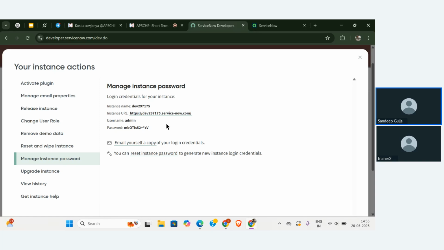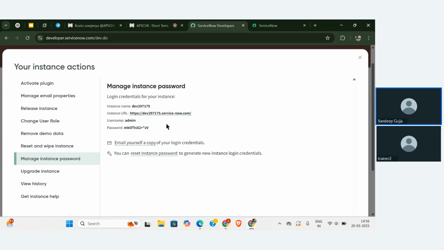So whenever you are going to create your account, it is separately giving one instance name for you, as well as it is separately giving one instance URL for you. So for that account, you are the admin and you are going to control each and everything in your instance. Okay. So even that is been provided, the credentials is also provided, that is admin and username. So you can just see that.